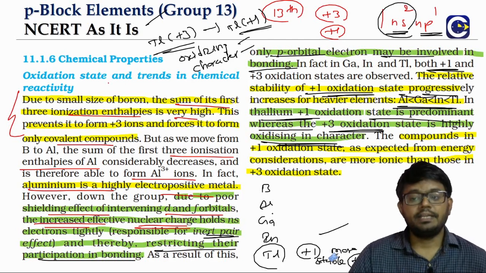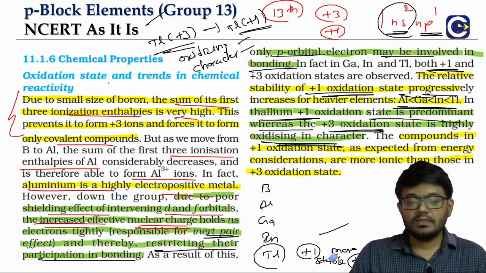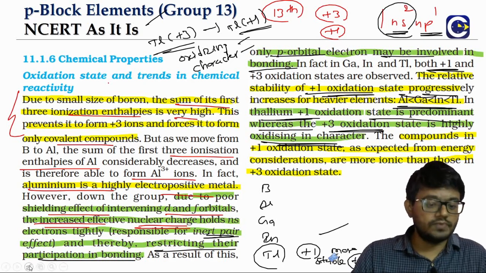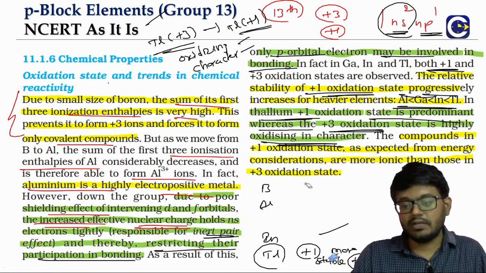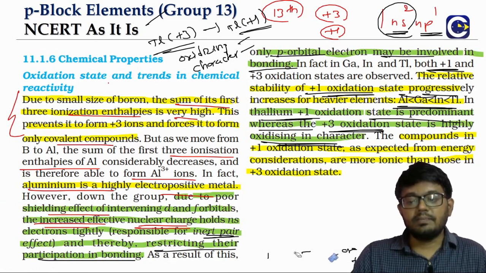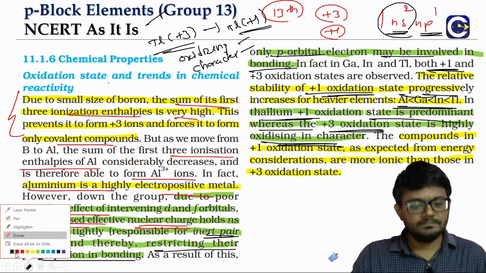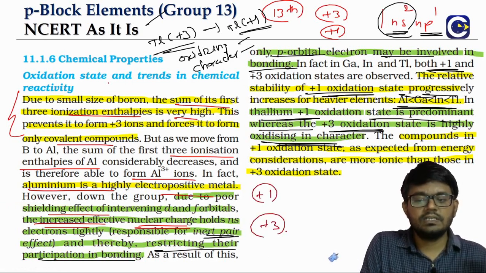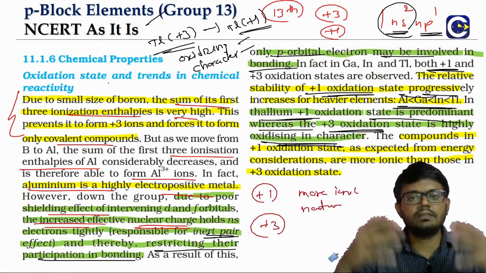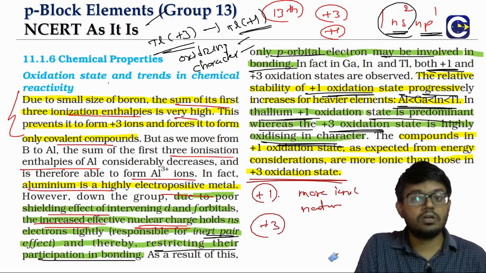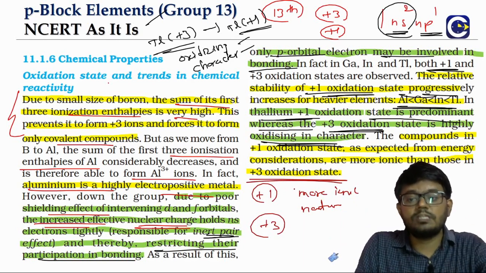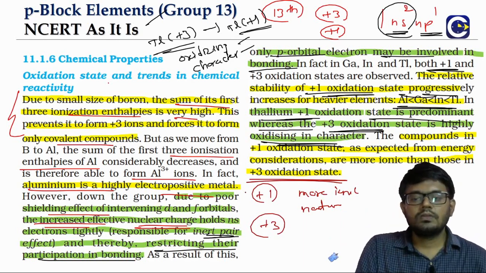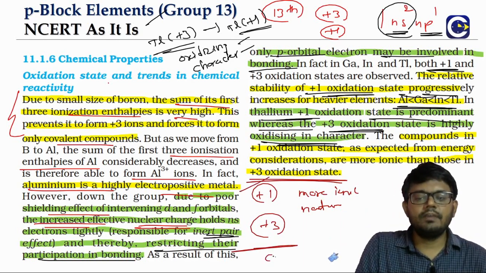And the last and important point is in the chemical bonding, Fajans' rules we will study. Depending on the charge of the ions, the ionic characteristics will depend. If you are talking about +1 and +3, where the ions will be more in terms of ionic nature, the lesser the charge, the more ionic nature. Because even thermodynamically, if you want to achieve the +3 oxidation state, more energy has to be spent, 3 electrons have to be removed. So this +3 state will predominantly give us what? Covalent characteristics.